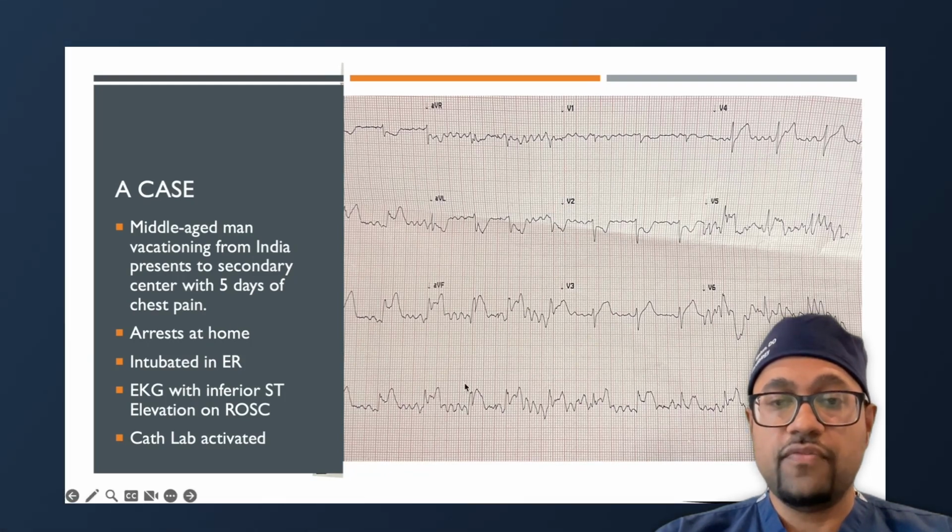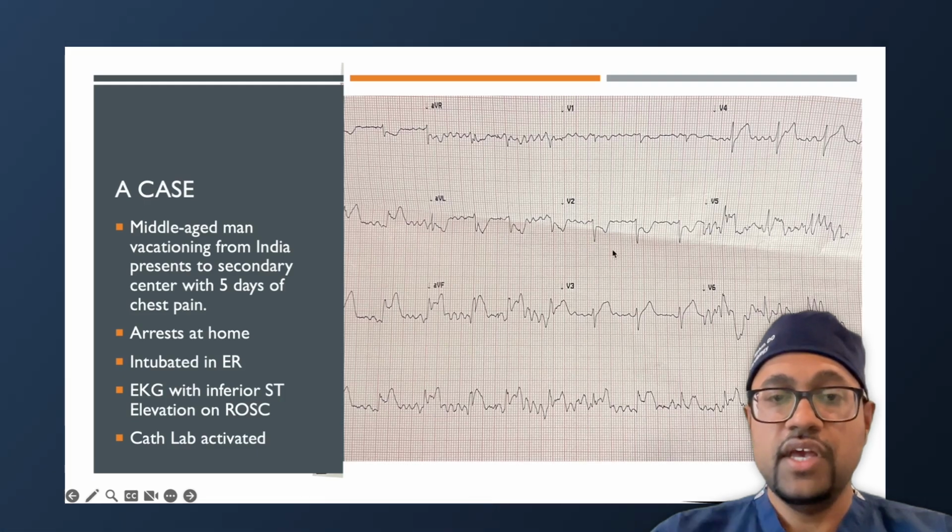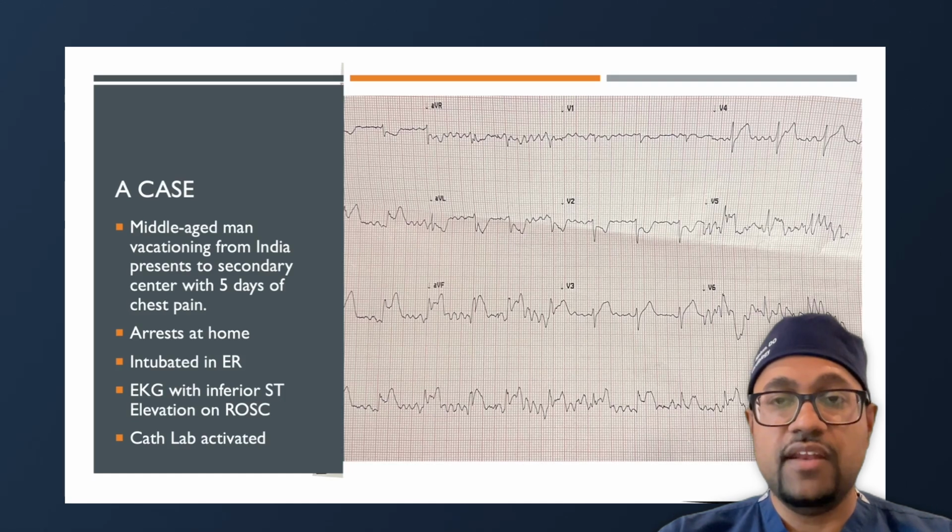Excuse this EKG for a lot of artifact, which is all these little wiggly lines that you see, but what you see mostly here is the patient has sinus rhythm, but more importantly, in leads 1, 2, and 3 and AVF, the patient has ST elevation, as well as some reciprocal depressions in 1 and AVL, as well as V1 and V2. So my concern with this patient is that he has a large inferior wall MI, possibly involving the posterior wall. Sometimes you see that with involvement of V1 and V2.